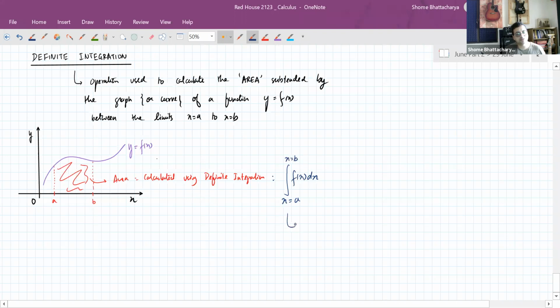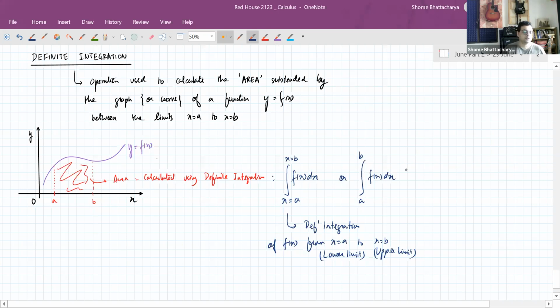So this whole symbol is read as definite integration of f(x) from x equal to a, which is called the lower limit, to x equal to b, which is called the upper limit. In short, we can also just write it as a to b